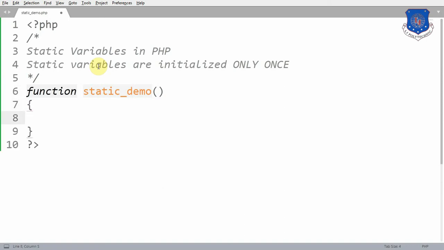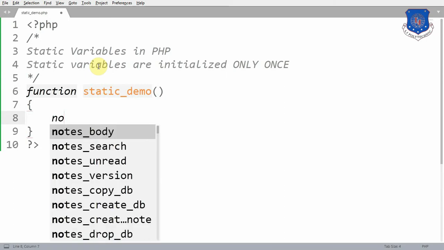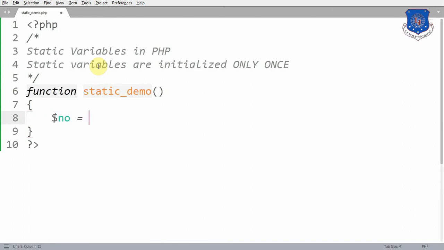So here I have taken a function named static demo. Inside that I am declaring one variable, assigning it the value 1.